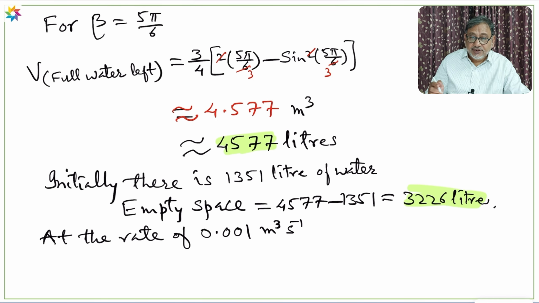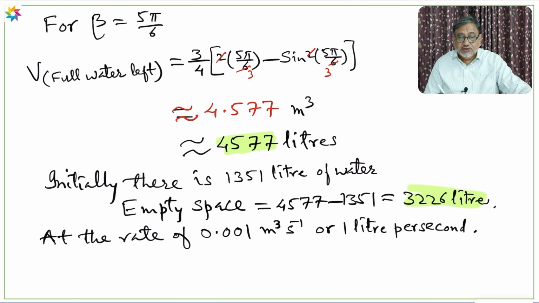So at this rate, how much time will be required? 0.001 meter cube is 1 liter per second, right? So the space will be filled with water